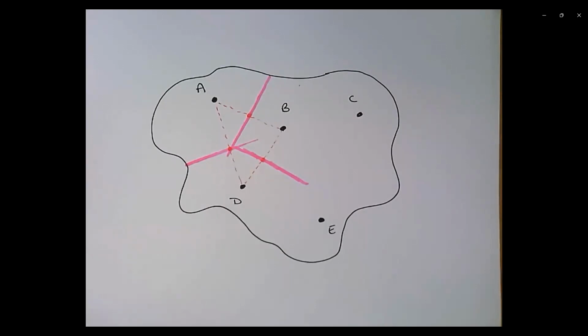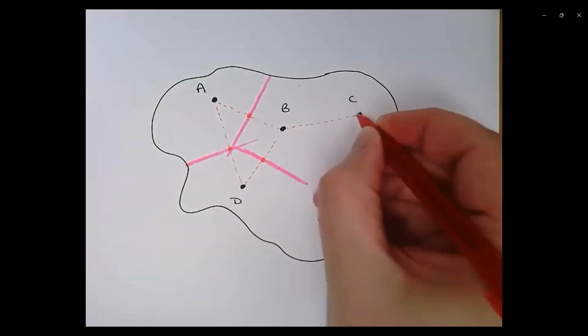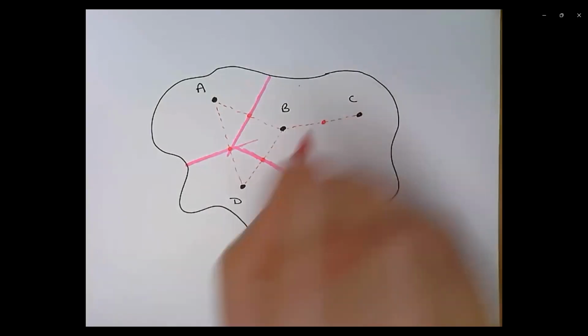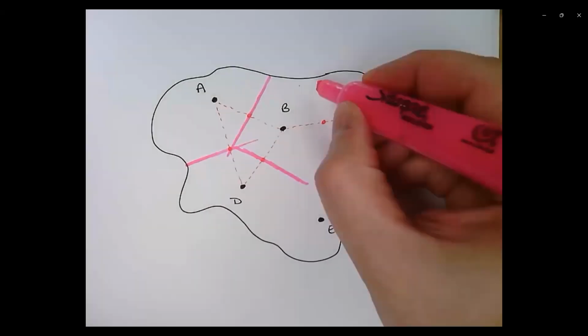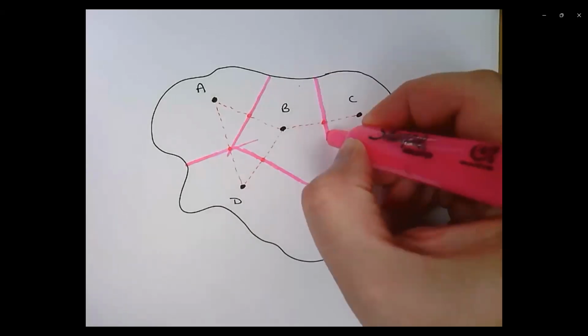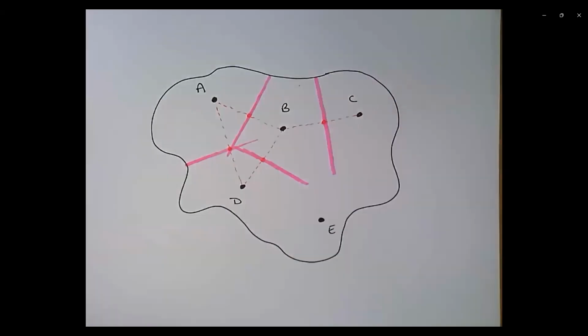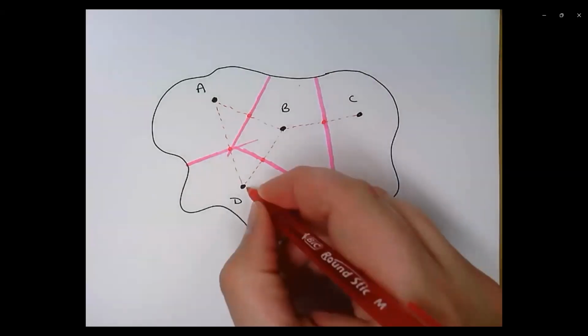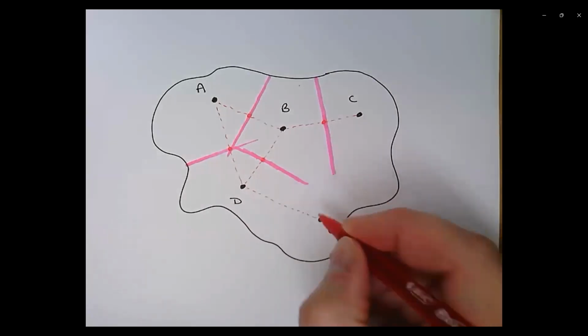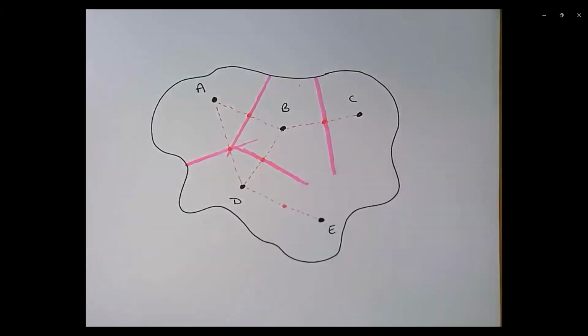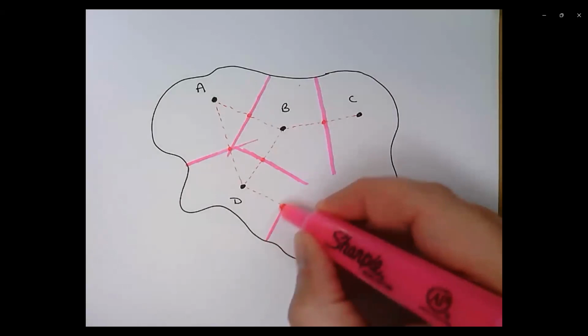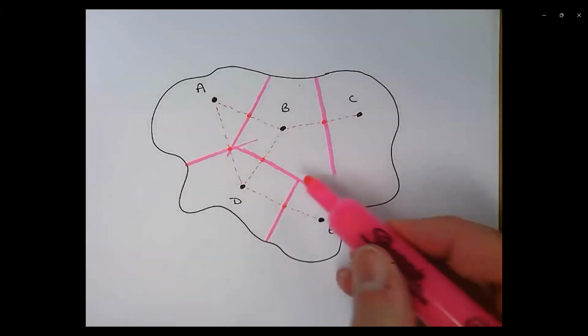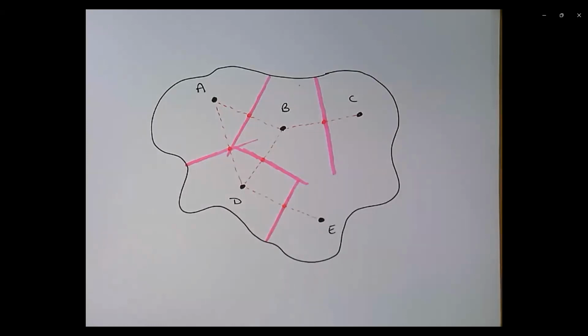Let's do points B and C. And we'll drop a perpendicular bisector in the middle there. And again, I'll stop drawing by the time I get too far down there, because I'm already getting closer to E. Another point between D and E. The order I do these really doesn't matter, as long as I get them all done eventually. And a perpendicular bisector there. Again, I could extend it up further, but I know that I'm already going to be into area B.